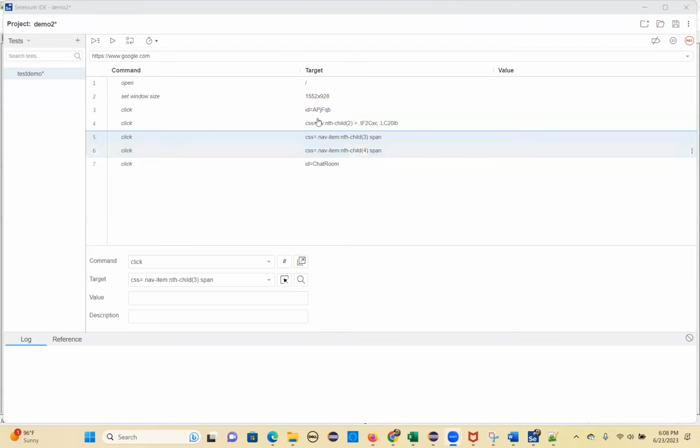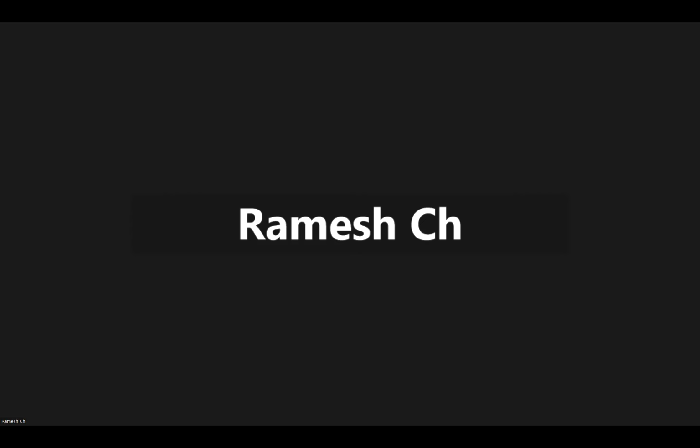understand in detail the remaining 2 components. One is Selenium Grid and Selenium WebDriver. Okay, yeah, thank you. See you there. Same link, you join the same link. Okay,